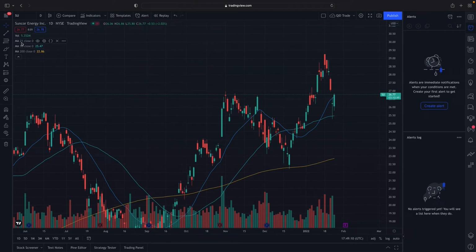So currently we're on the day chart. We're looking at the 21 day, the 50 day, and the 200 day. So the 200 day is the yellow, the 50 is the light blue, turquoise, and then you have the blue, which is the 21. So we're going to go ahead and take one off just to make it a little bit less confusing, so it doesn't look too noisy, and then we'll bring them back so we can see.